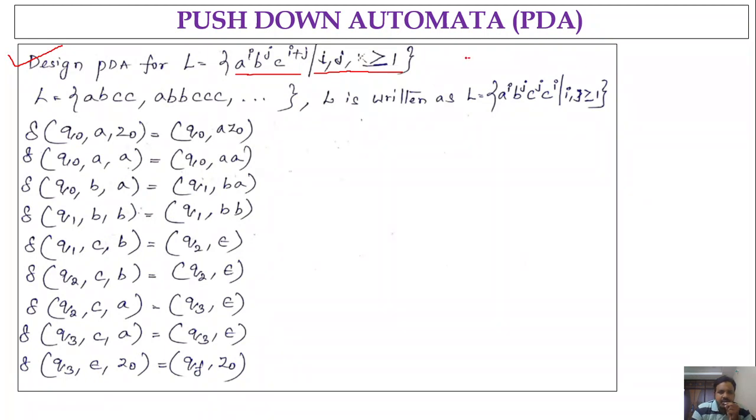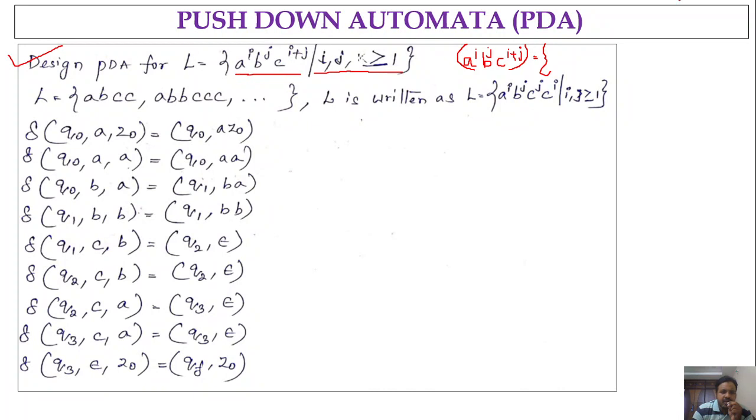Okay, so here the strings must have this format: a power i, then b power j, and then the number of c's will be the sum of the number of a's and the number of b's. So that is, we are having c power i plus j. For such type of strings we have to construct the pushdown automata. So what are the strings that belong to this particular language? In order to obtain the strings that belong to this language, we have to substitute the different combinations of i, j values in the given